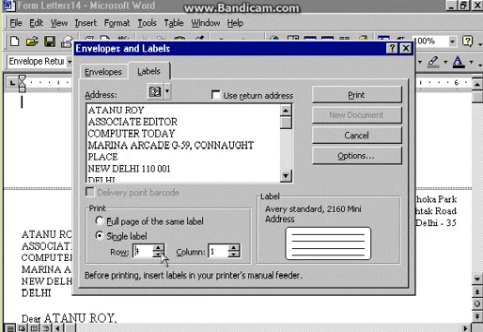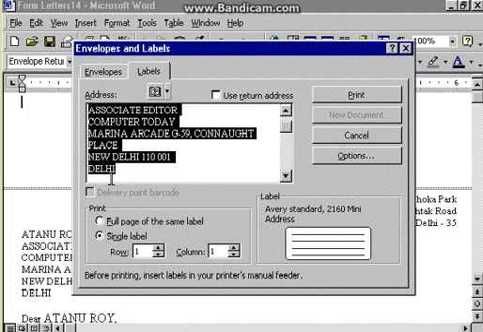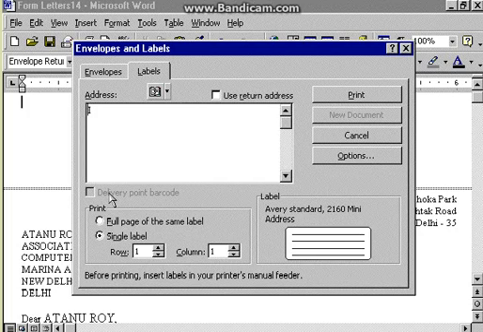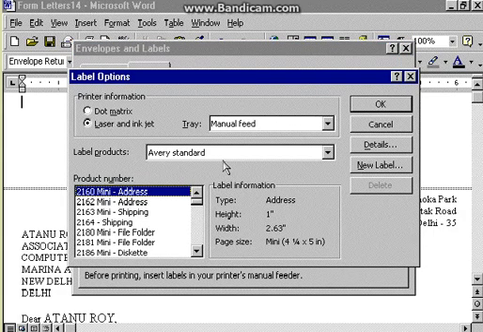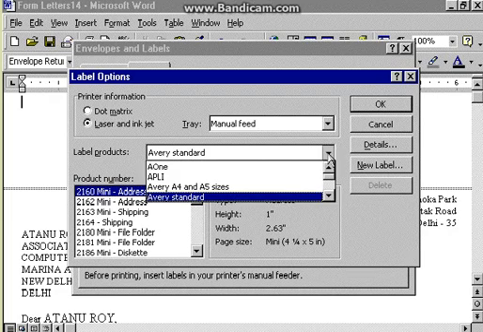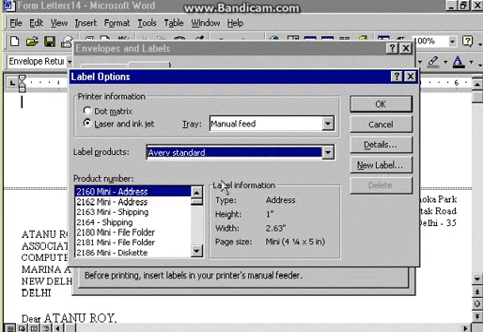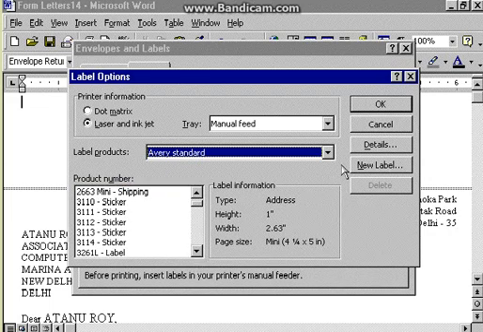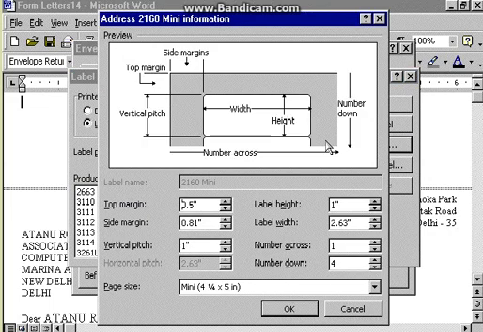If you wanted to print out a whole page of blank labels, simply remove the address and check this option. At the moment, your label is going to look like this. But if you click Options, you can set up your printer information and choose from this list of label products and choose your product number. Now, if you can't find what you're looking for here, click Details,